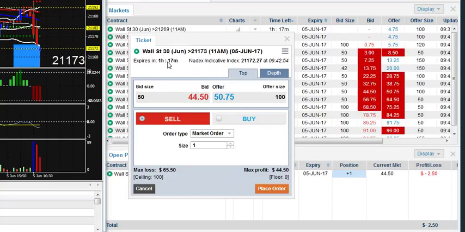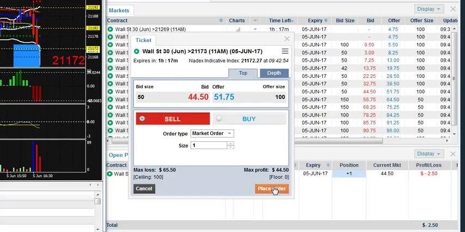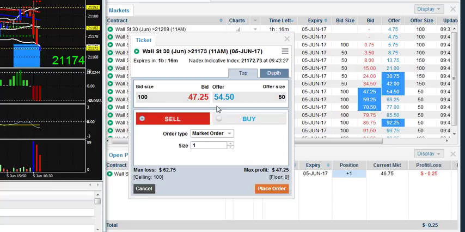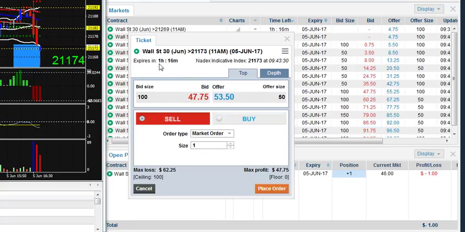You'll notice this is not a 5-minute trade. There's still an hour and 17 minutes left on this trade. Because I don't really trade the futures, I don't trade the indices very much. Well, I used to, way back in the day, but generally I don't trade them very much. Same scenario as the other scalping trades that you've seen me do on Forex.